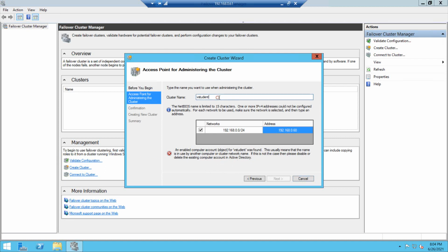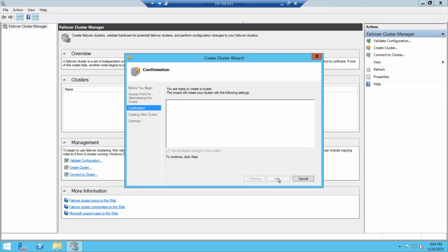It says it is already in use. We'll give 1 and see. Maybe we have given the same name to another computer.